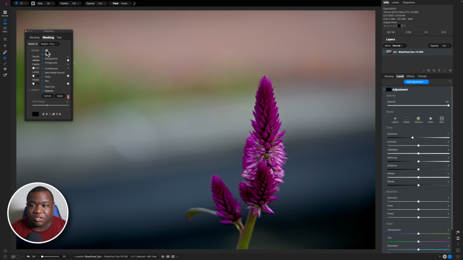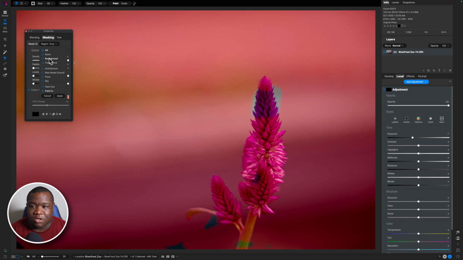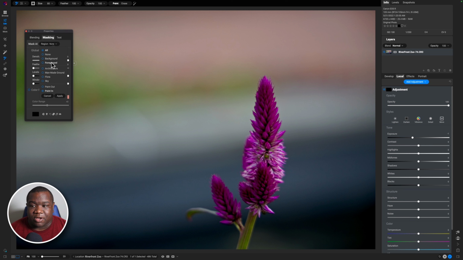The first section is going to say if I want this to go over the entire image, then it's just going to select the entire image. But if I hover over this, what you'll see is I get a red overlay. And this red overlay is telling ON1 that I want to apply whatever adjustment in this area. All right. If I hover over foreground, you can see it doesn't really select much. And every image is going to vary. Foreground and background, these are kind of what I would say